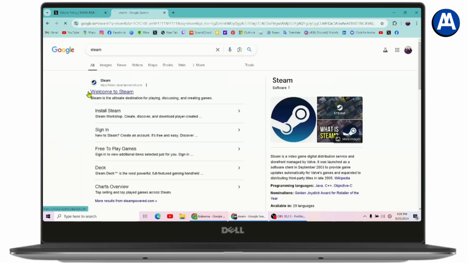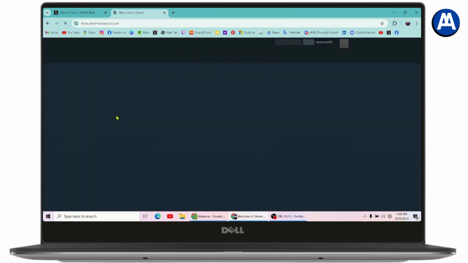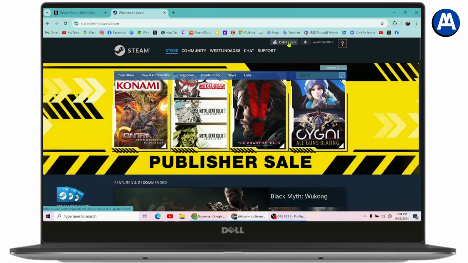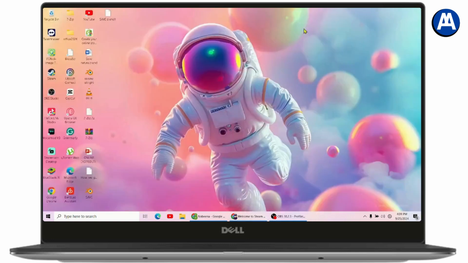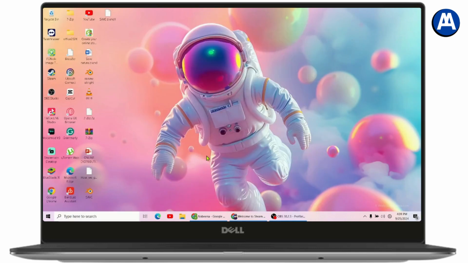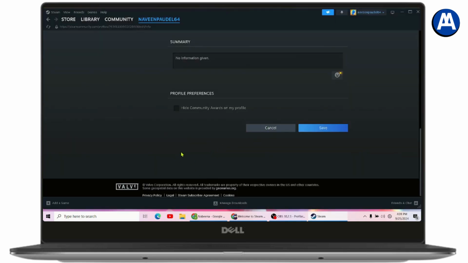Once you've searched, now you just need to simply go with store.steampowered.com and make sure to download Steam. If you've not downloaded it, you can simply go with install, which is on the upper right, and you need to install the Steam application. Once you install Steam, you can simply search for Steam, and then you need to open the application. Go with yes, and once it's open, now you just need to simply go with the store